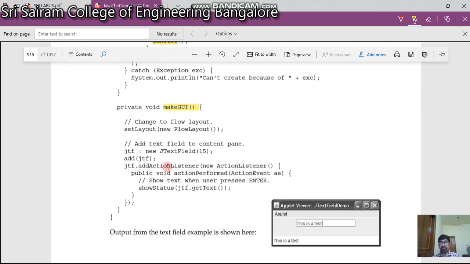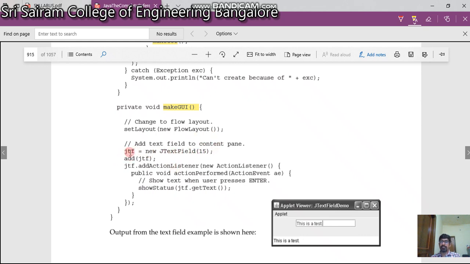Because we read something from the keyboard, when we press the key, what has to be done? We have to add this action listener to this, and once you have got it from your input device, you have to show this on the screen. So we have something called showStatus, jtf.getText. We got jtf from the screen, and this is stored in the variable called jtf.